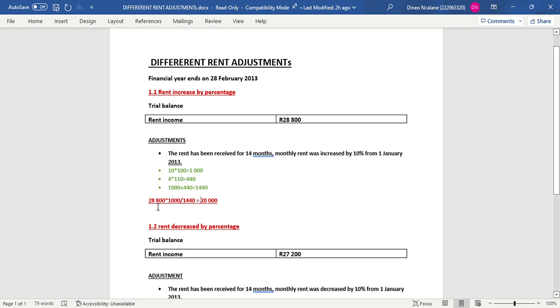If we say 28,800 multiplied by 1000, remember this 1000 we found it when we said 10 times 100, and we got this 1000. So this 20,000 is the amount of rent for 10 months without an increase. Okay,